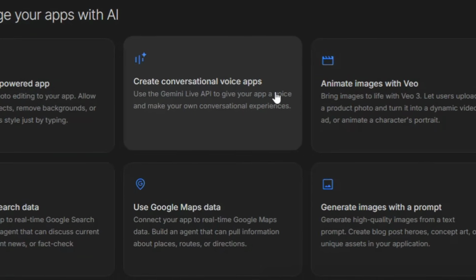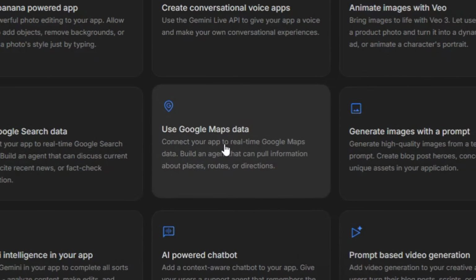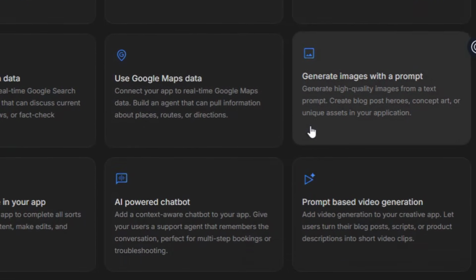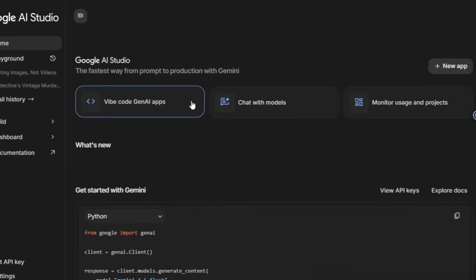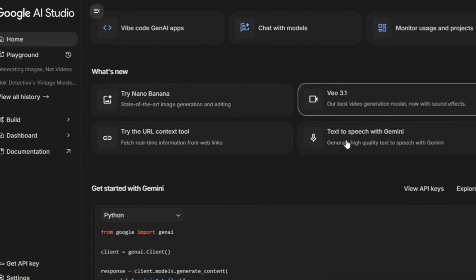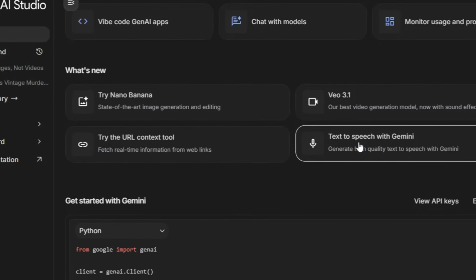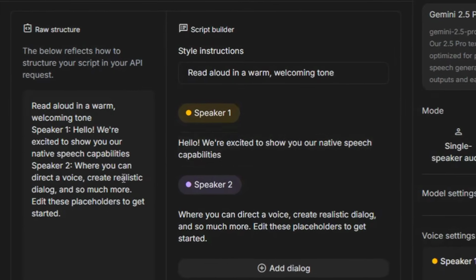You'll see Nano Banana, create conversations, Gemini, use Google Search. Google has a lot of different features for AI. It combines a lot of AI tools together. Click on Build and you'll see Vibe Coding, children models, and also monitor usage. The fourth one is Text-to-Speech with Gemini. Click on it, and it will show you the interface where you have to enter